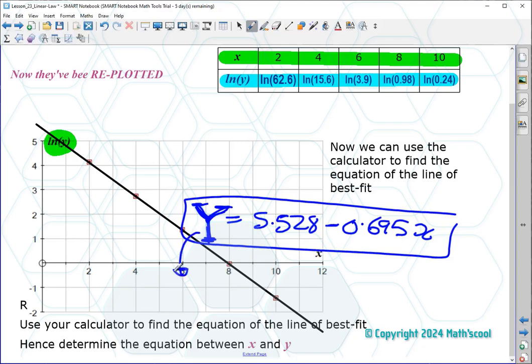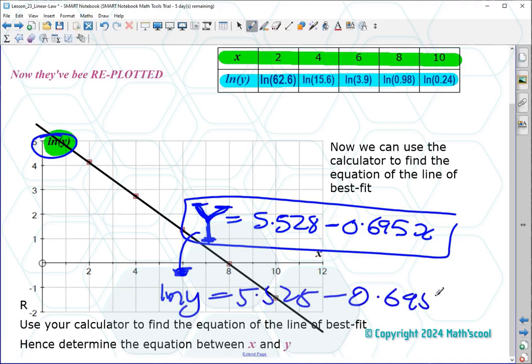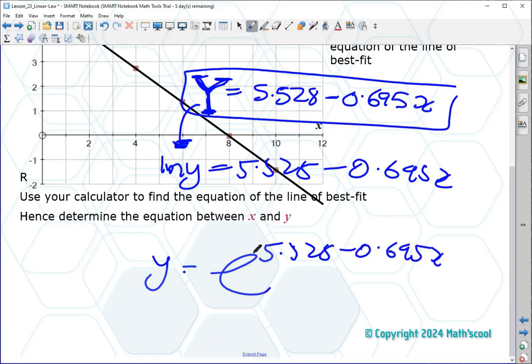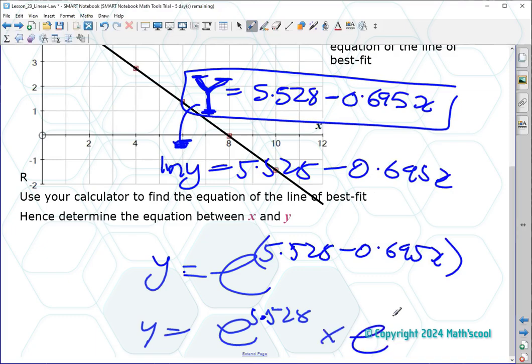Now what I need to do is substitute back. That was actually ln-y. So ln-y equals 5.528 minus 0.695x. And then now I'm going to do e to the power of both sides. So y equals e to the 5.528 minus 0.695x. And then y equals e to the 5.528 times e to the minus